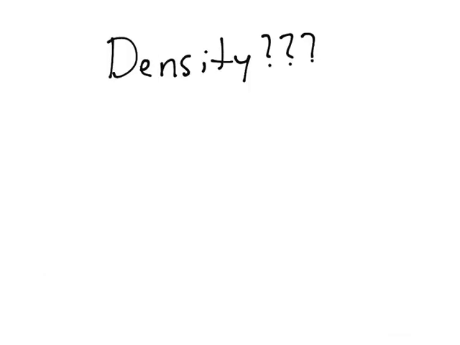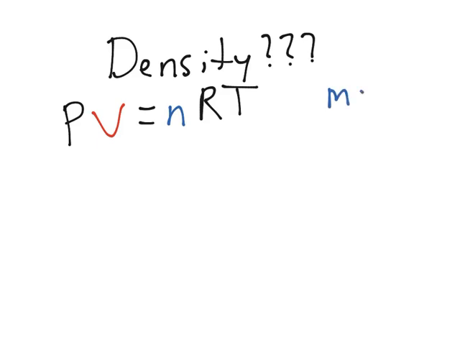So something interesting to think about is that you can actually relate the density of a gas into this ideal gas law. So if PV equals nRT, well, if we think about what the number of moles really means, in order to calculate the number of moles, you could take the mass of your substance divided by its molar mass,